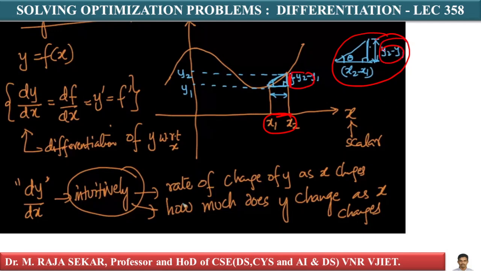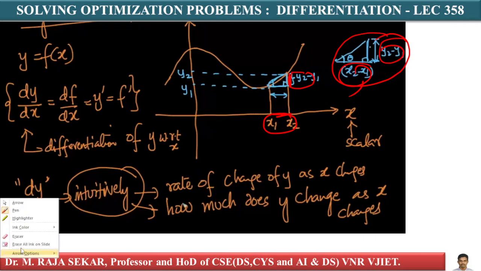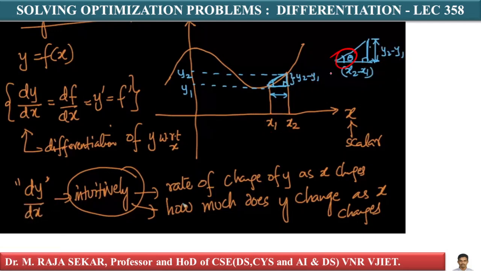I am writing here y2 minus y1. What is this difference? x2 minus x1. Let's assume, what is the angle here? Let's assume this is angle theta, isn't it? Let's assume this is theta. Now if I say how much does y change as x changes,